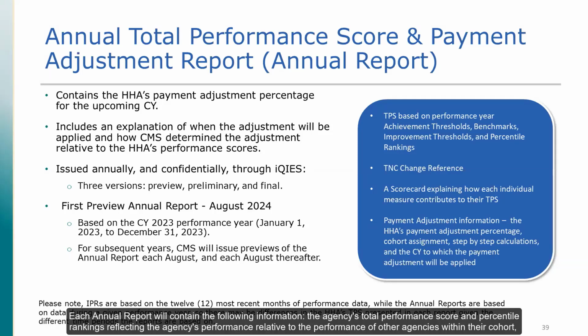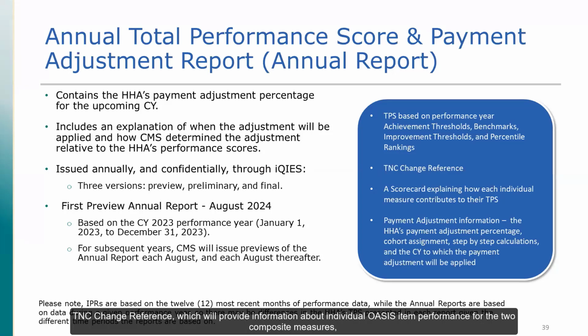Each annual report will contain the following information: the agency's total performance score and percentile rankings reflecting the agency's performance relative to the performance of other agencies within their cohort, T&C change reference, which will provide information about individual OASIS item performance for the two composite measures, scorecard information that will facilitate understanding of how each measure contributes to the total performance score,